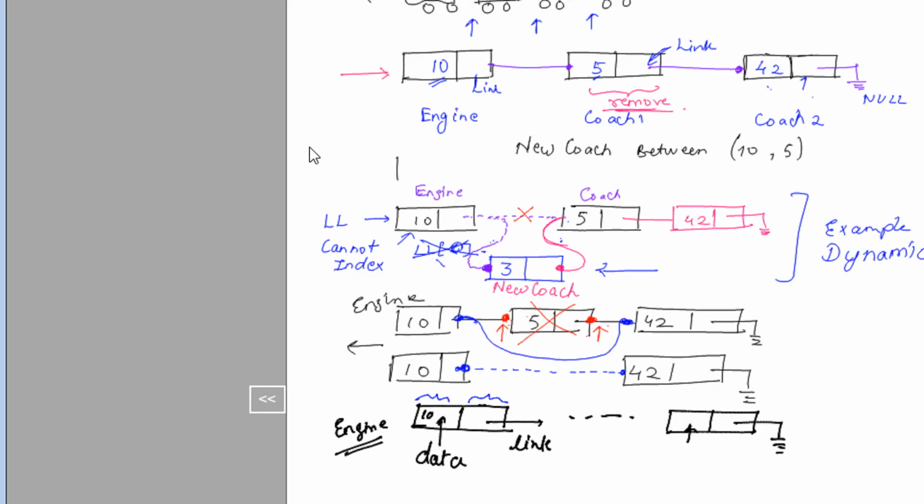Because in a linked list, you have a node which is pointing. If you see this as an individual element, we need a pointer that can point to something having a similar structure, right? We need this pointer to point to something of the same type as this. So in this particular structure there are two boxes, one has a data and one has a link.